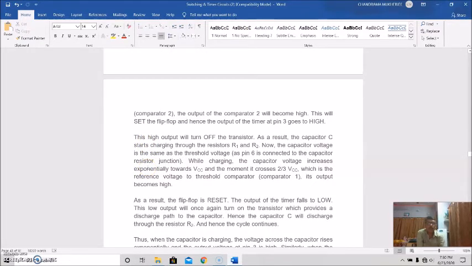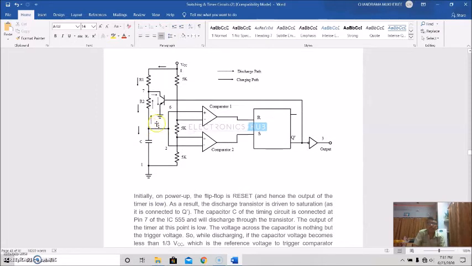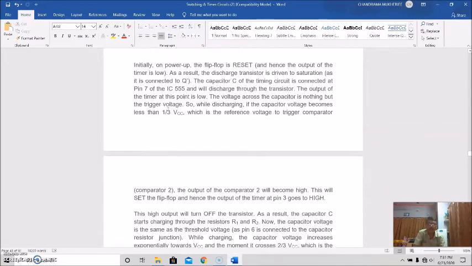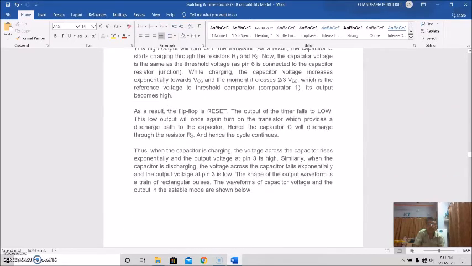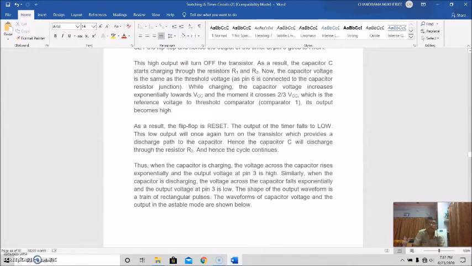So now the capacitor voltage is the same as the threshold voltage, because pin 6 is connected to the capacitor-resistor junction. This is the upper comparator, comparator 1, where the threshold voltage is given. So while charging, the capacitor voltage increases